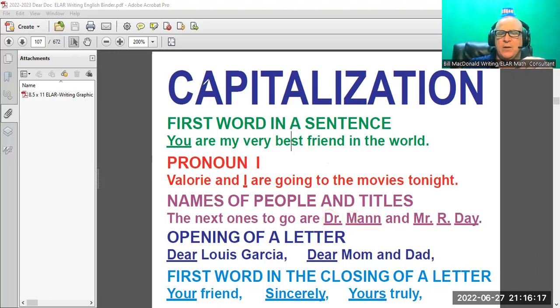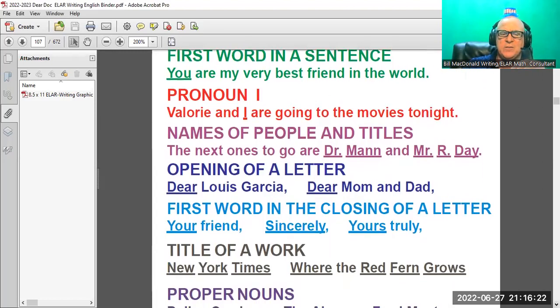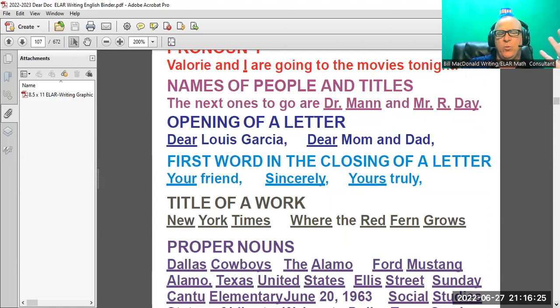opening of a letter and a closing of a letter before you've done simple things like, oh, what's the title of a work? A magazine, a newspaper, a book, movie, show, a television series. And so if you look and see here, we have New York Times.